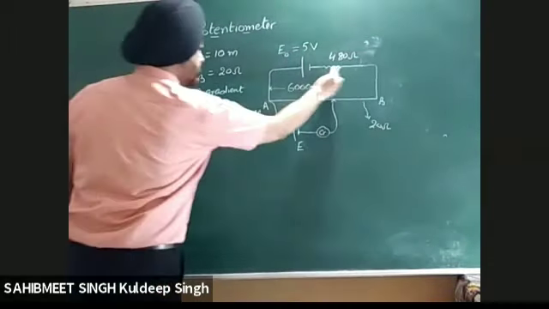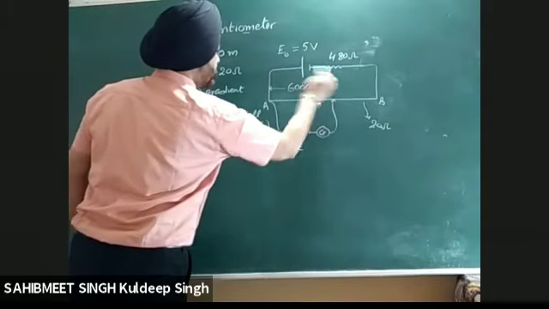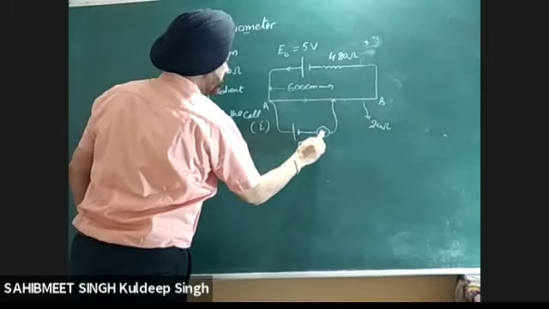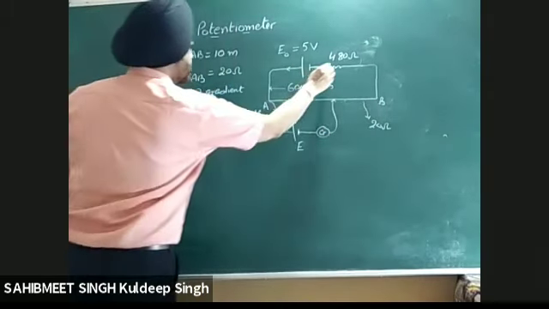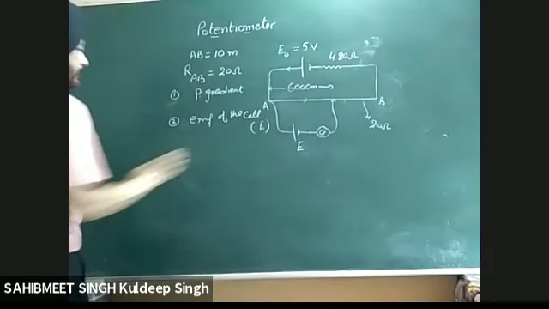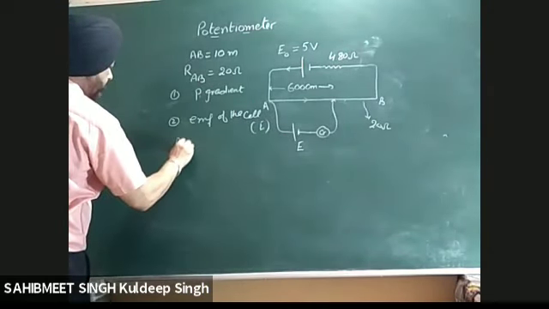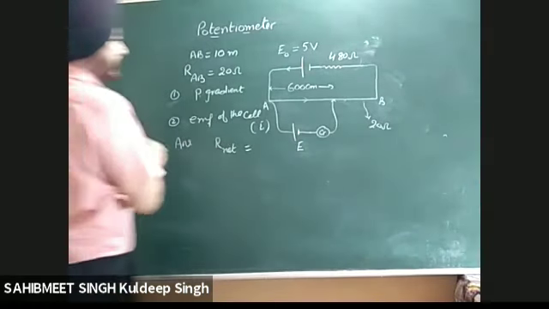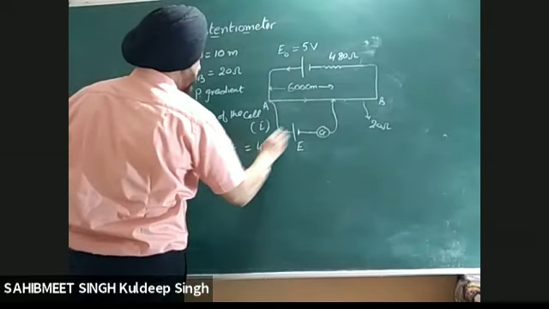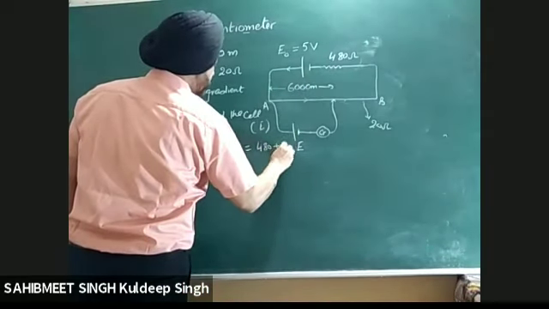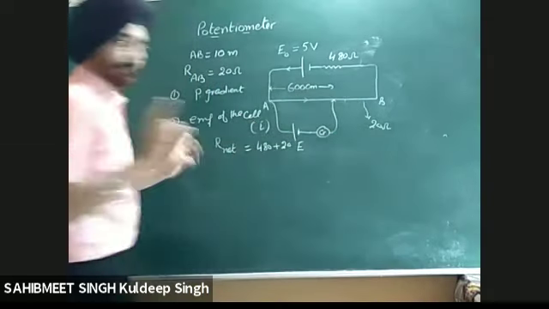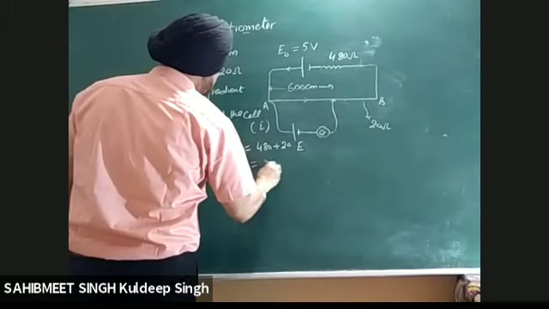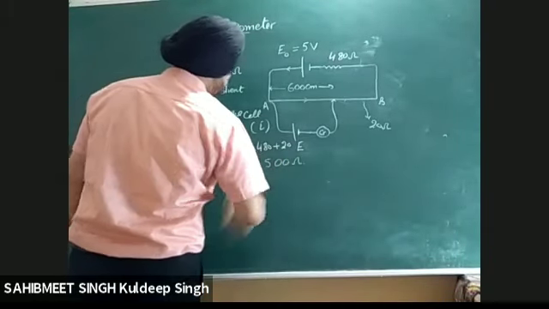So you have to do a little bit more work for this. Now this resistance and the wire, they are in series because the same current is flowing this way, the same current goes there. When this is balanced, the current is going this way. So this one and this wire, they are in series. So I will say the net resistance is equal to 480, this one, plus 20 of the wire. Remember the resistance of the wire also. Do not forget it. This is equal to 500 ohm.